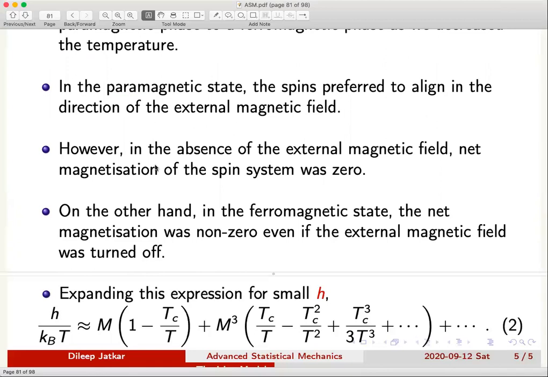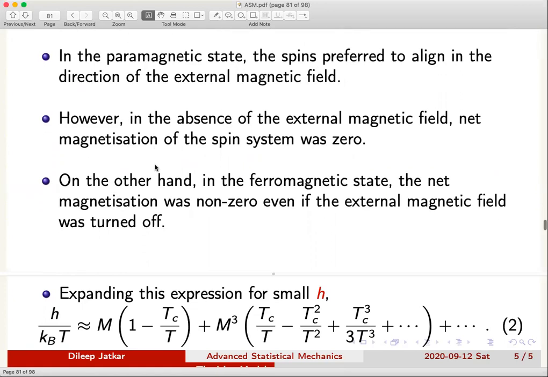But if you are at temperature larger than Tc and you turn off the external magnetic field, the spins would start behaving any which way they want. Therefore, if you wait long enough, the system would again have zero net magnetization. Compare that with the state below the critical temperature, namely the ferromagnetic state. That is the one which we are looking at. In this case, there is non-zero net magnetization, and this non-zero net magnetization has nothing to do with external magnetic field.